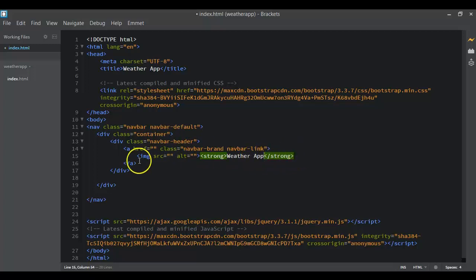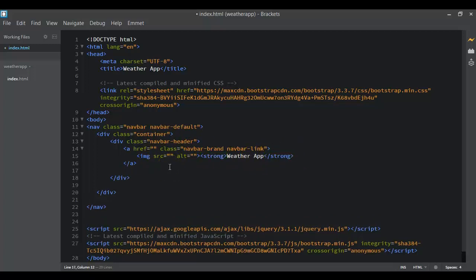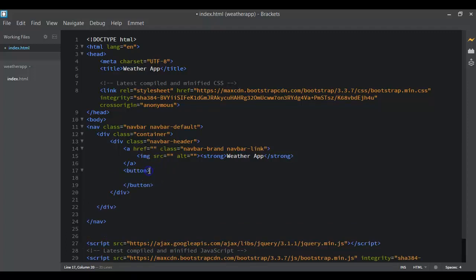The next thing is we add a button. What this button does is allow our navbar to be responsive, so that when we reduce the size of our page, the links on the navbar will be able to collapse so that it fits different screen sizes. Inside the button we add different classes. The first class we're going to add is navbar toggle